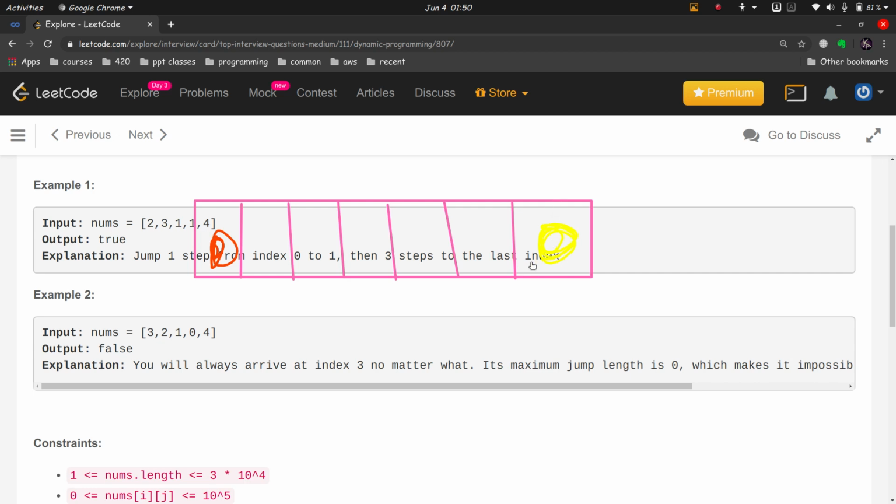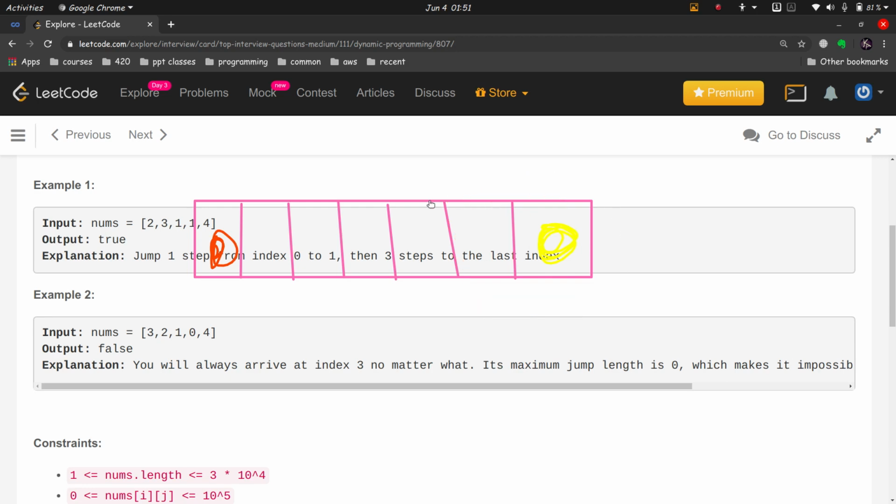So this is our target. Now let's assume that our array consists of only two elements, that is, our array is this long. So our starting point is this one. If I start from here, can I reach this point? It depends on the value. If it is not 0, then obviously I can reach this point. So in that case, if I can reach this point somehow, if the rest of the array is considered, then I know that I can reach the end point.